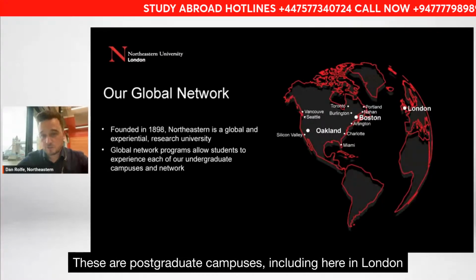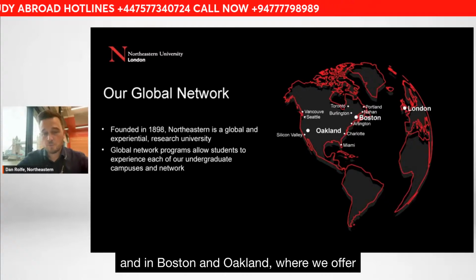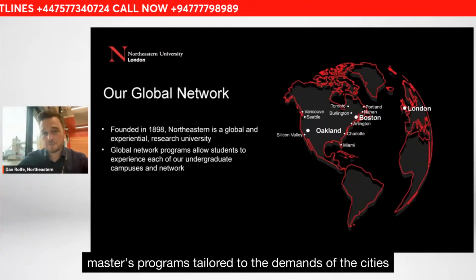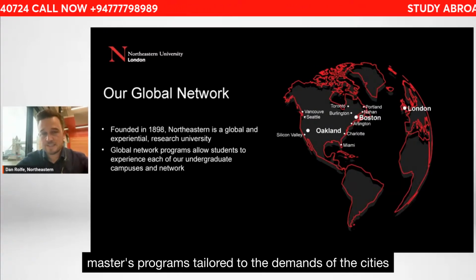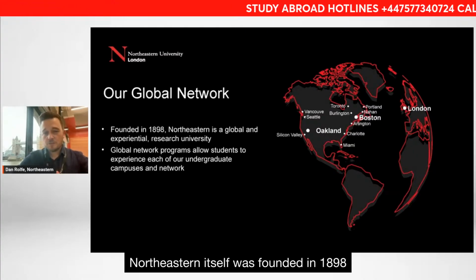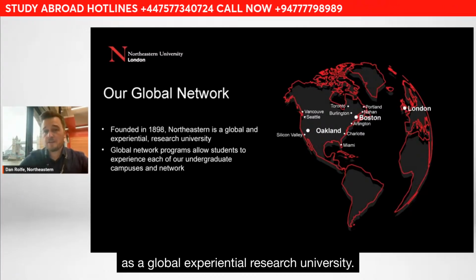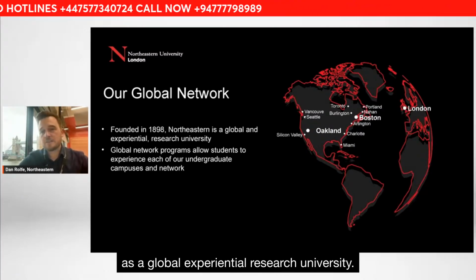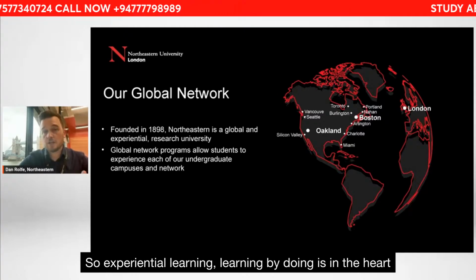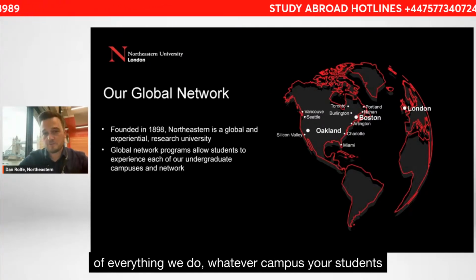These are postgraduate campuses, including here in London and in Boston and Oakland, where we offer master's programs tailored to the demands of the cities and the countries that we find ourselves located in. Northeastern itself was founded in 1898, and it's gained a reputation as a global experiential research university. So experiential learning, learning by doing, is at the heart of everything we do,